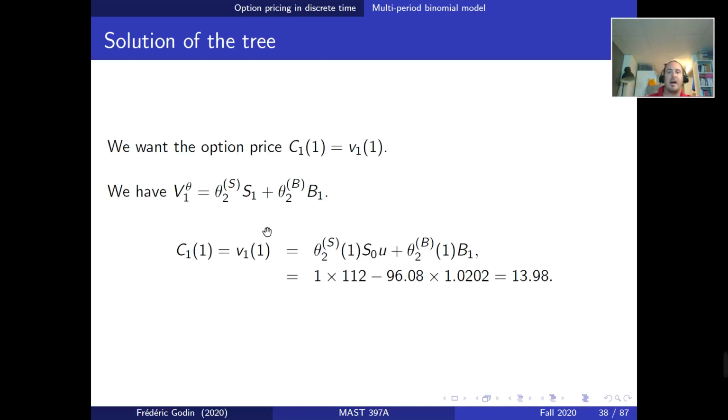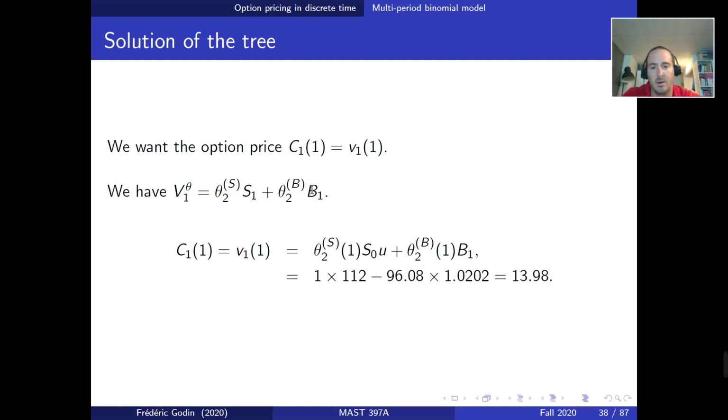So as we mentioned, we'd like to have the price of the derivative at the same node, and the price of the derivative would be the value of the replicating portfolio at that node. And what is the value of the replicating portfolio? We can use the definition of portfolio value. Portfolio value is the number of stock shares times the price of the stock share, plus the number of risk-free asset shares times the risk-free asset. So we can just substitute theta S and theta B for the values we've calculated